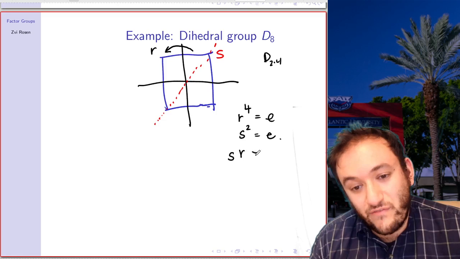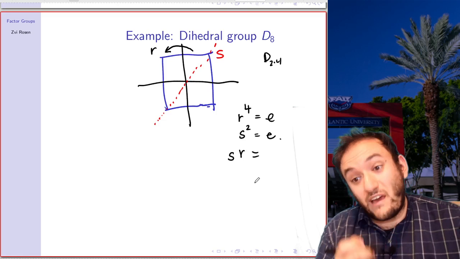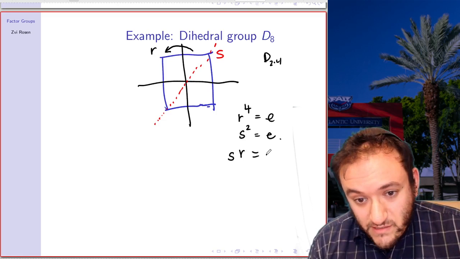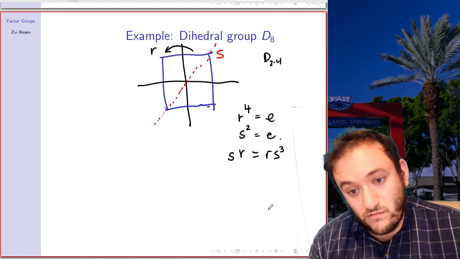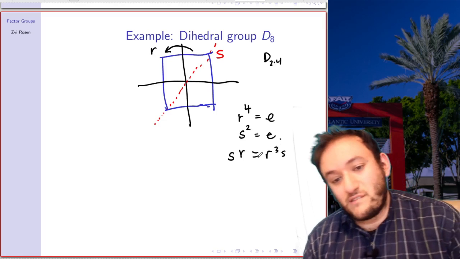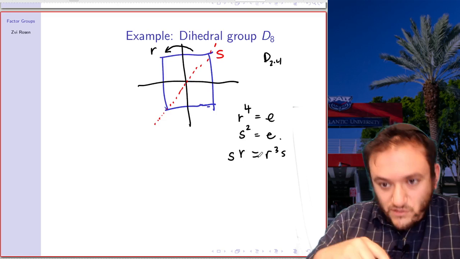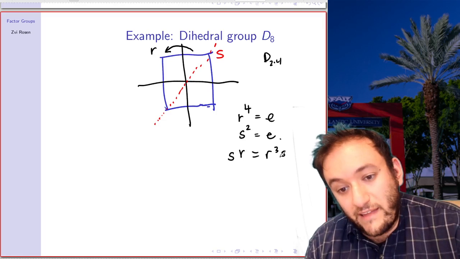So it's as if we had flipped and then rotated it in the other direction. So this is the same as r cubed s. This is going 270 degrees, which is the same as going 90 degrees in the other direction,